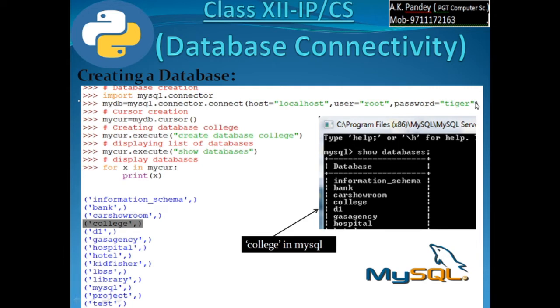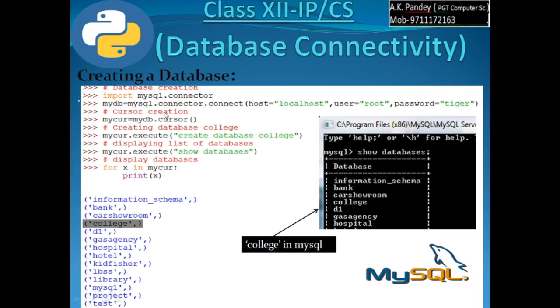Here you have not written database equal to, since you don't have a database right now, you want to create one. So database equal to db1, which I wrote in the previous slide, has not to be written.